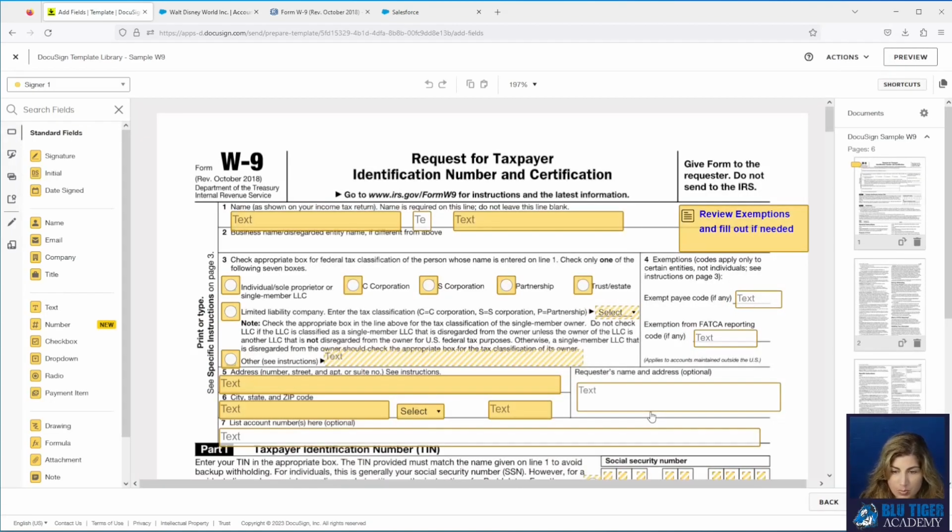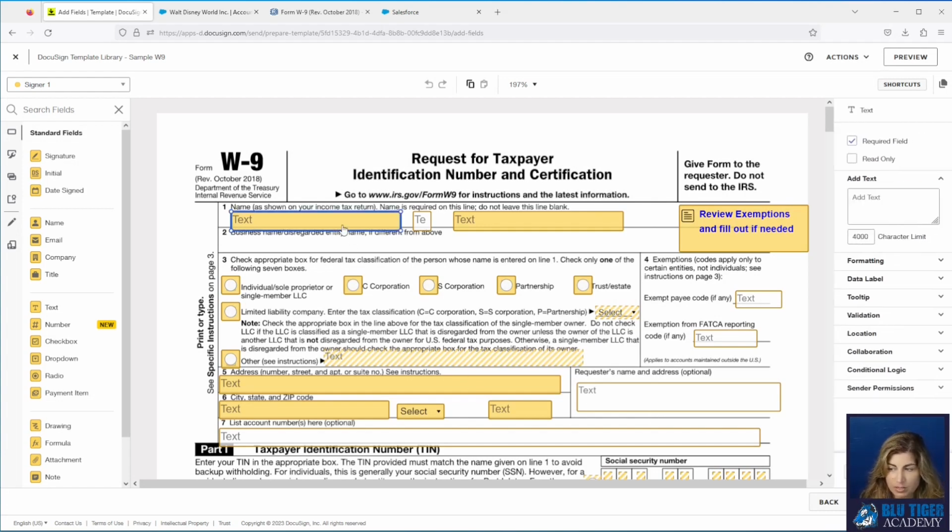we can see that it's pre-configured with all of the field merges already in it. So you would be able to send this out for signature, but it is not tied to anything in Salesforce. None of these fields are configured to pull data or push data back to Salesforce. So this solution is out there, but it's not going to work for us.